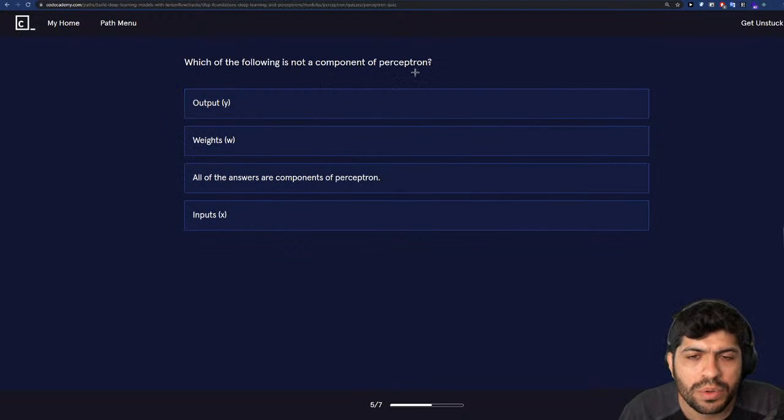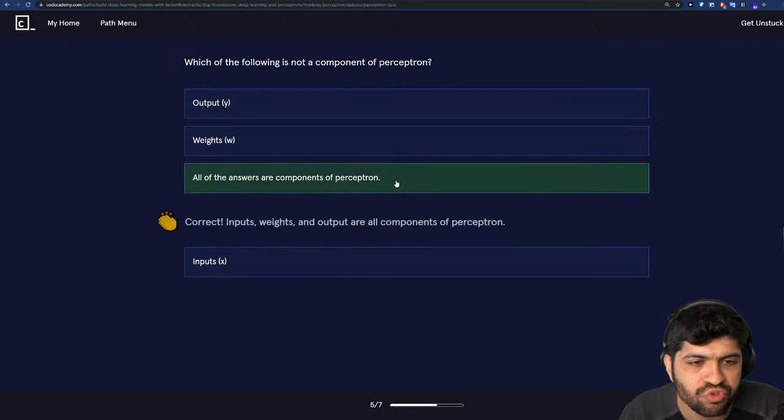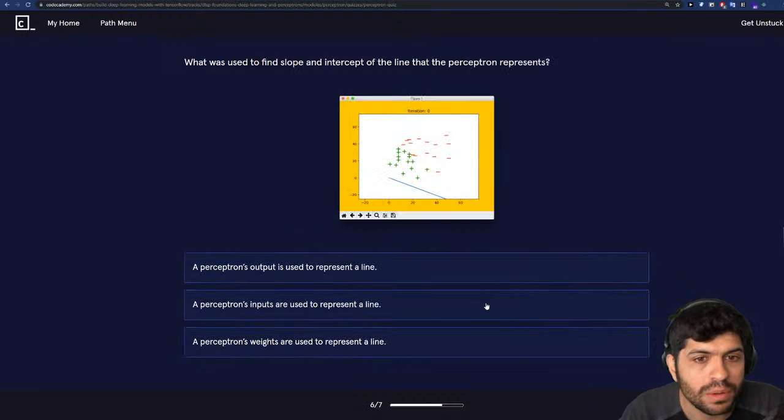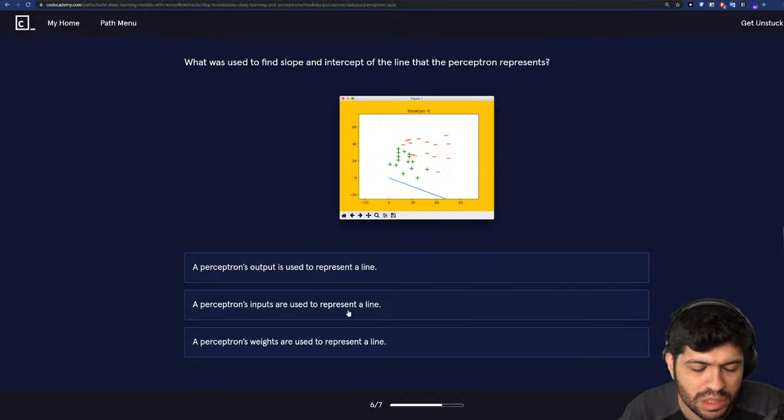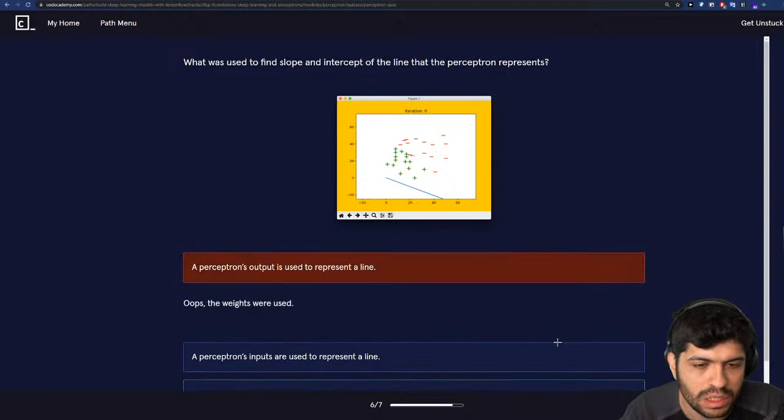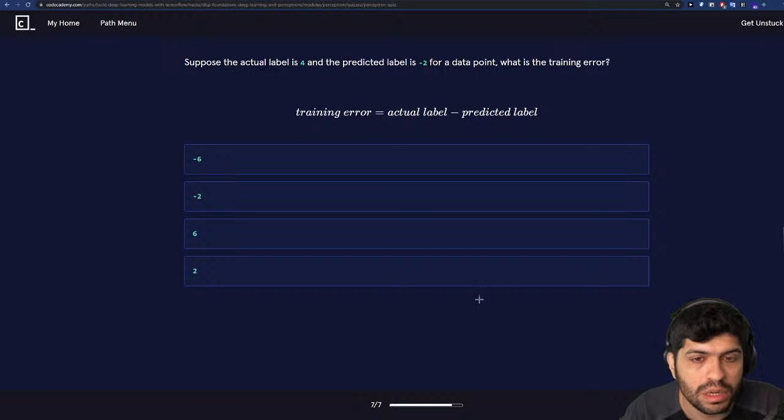Which of the following is not a component of perceptron? What was used to find the weight rate? Oh, weight. Suppose the actual label is 4, the predicted line is -2 for a data point. What is the check? So actual label